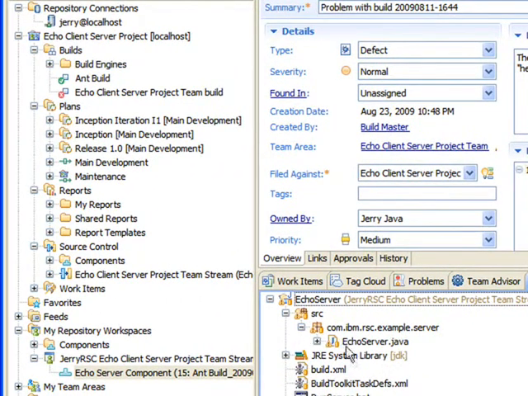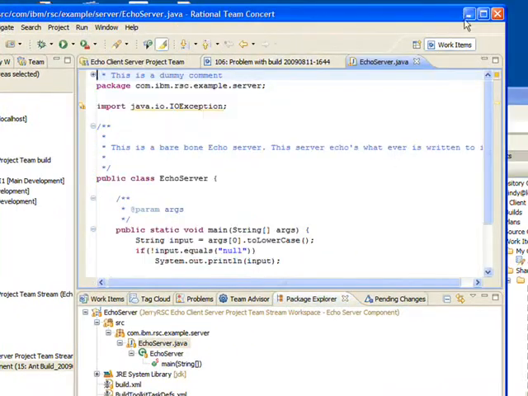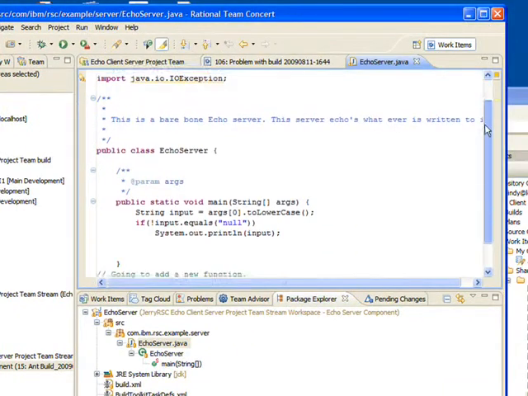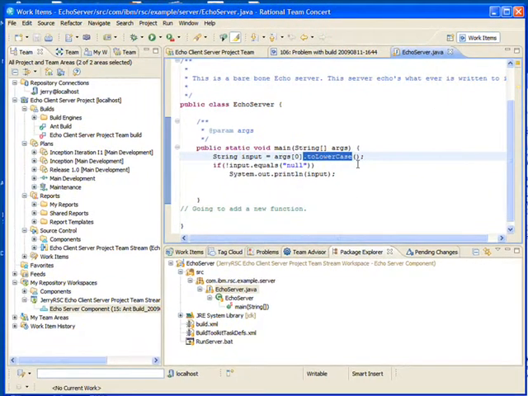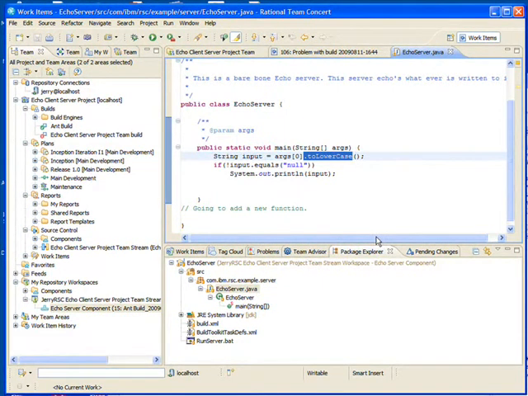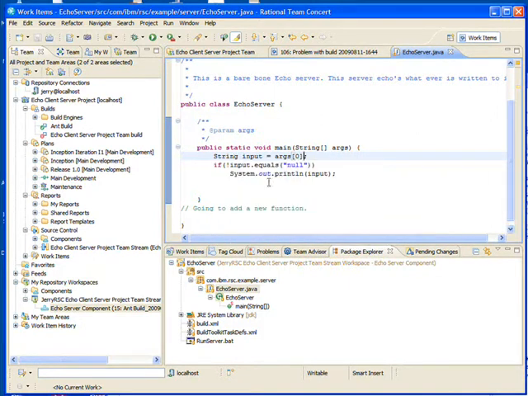So without much further ado, we come here, we open and we go through the code and find that okay, we are explicitly converting it to lowercase, which should not have happened. So in fact we can go ahead and delete this, and that should probably solve the problem. But now the issue is, how will Cindy know the problem has really been fixed, how are things communicated to Cindy, and how does Jerry know for sure that that's really the case.